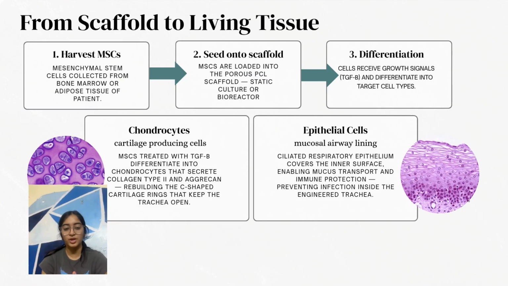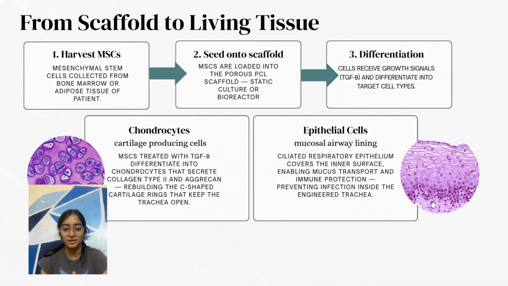So this is how we go from the scaffold to the living tissue. First, we'll harvest the mesenchymal stem cells from the patient's bone marrow. Then we seed these cells onto a porous scaffold where they grow in either a static culture or a bioreactor. And with the right signals like TGF-beta, these cells differentiate into specific types, mainly chondrocytes that rebuild the cartilage structure and epithelial cells which form a protective airway lining, and thus creating